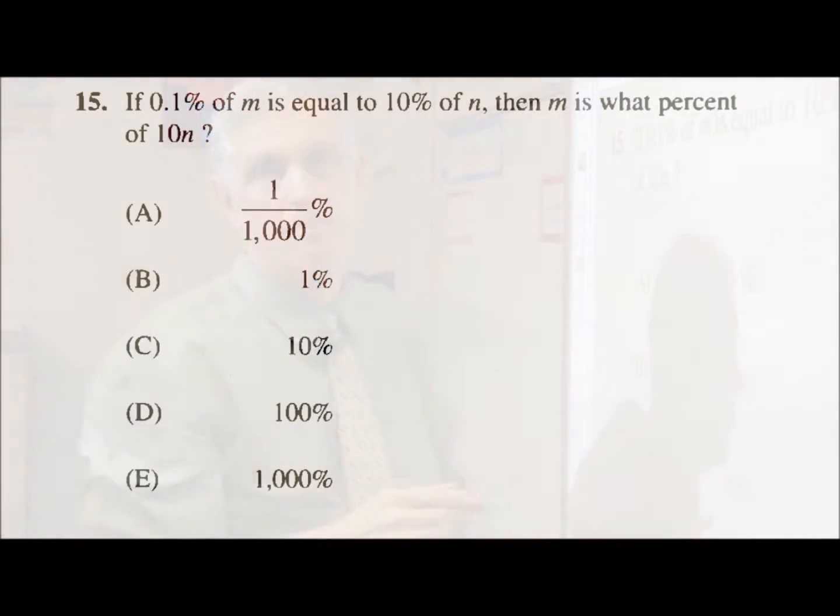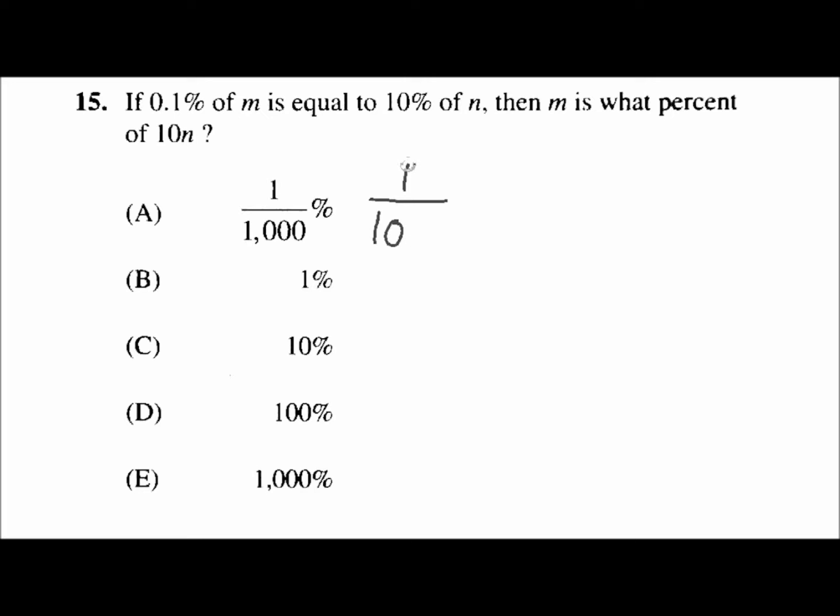So how do I write 0.1% as a fraction? Well, it turns out that 0.1% is the same as 1,000th, okay? And we're multiplying that times M. So we can just go ahead and make that M over 1,000. And it's equal to